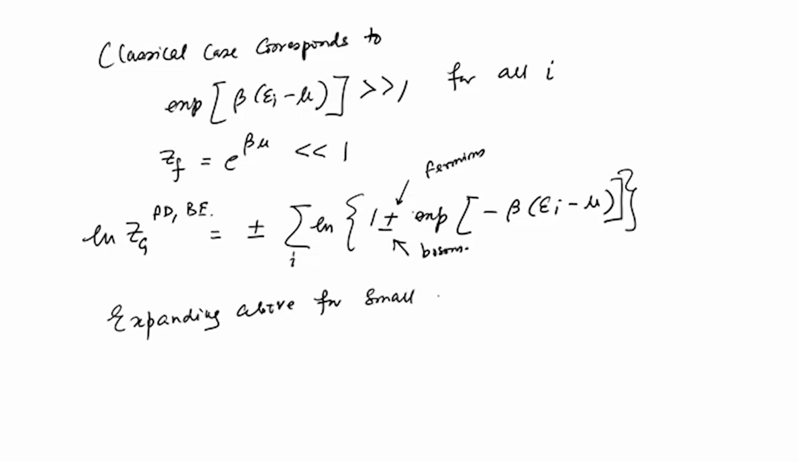If you expand this above expression in the small parameter, small exponential beta mu, because this is what we have just shown, that exponential beta mu must be much smaller than 1. So, note that the log of 1 plus x, for x small, is x minus x square by 2 plus x cube by 3 plus order x to the power 4 and so on. If you keep the first few terms for small x,